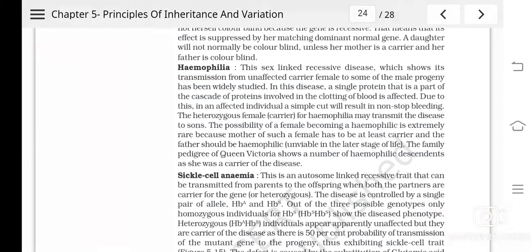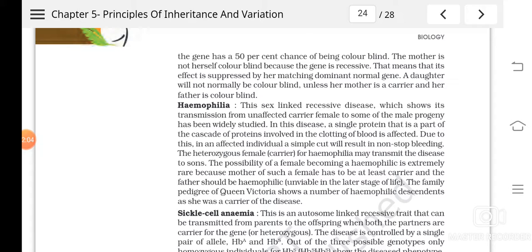Mendelian disorders are of different types. I told you yesterday, there is the recessive type, the dominant type, and sex linked. Dominant means at least one allele should be dominant, so that the disease will appear in that particular person. The genotype can be heterozygous, and if at least one dominant allele is there, the disease will appear. Recessive means that for the trait to appear, both the alleles should be recessive.